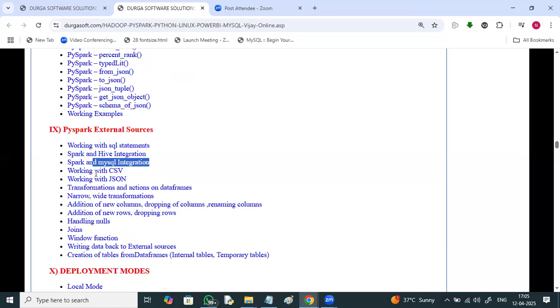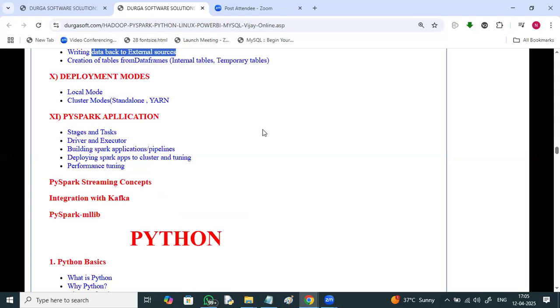Spark and MySQL integration, working with CSV, working with JSON, transformations and actions on data frames, narrow and wide transformations, addition of new columns, dropping of columns, renaming columns, adding new rows, dropping rows, handling nulls, joins, window functions, writing back to external sources, creating tables from data frames, deployment modes, local mode, cluster mode, PySpark applications, stages and